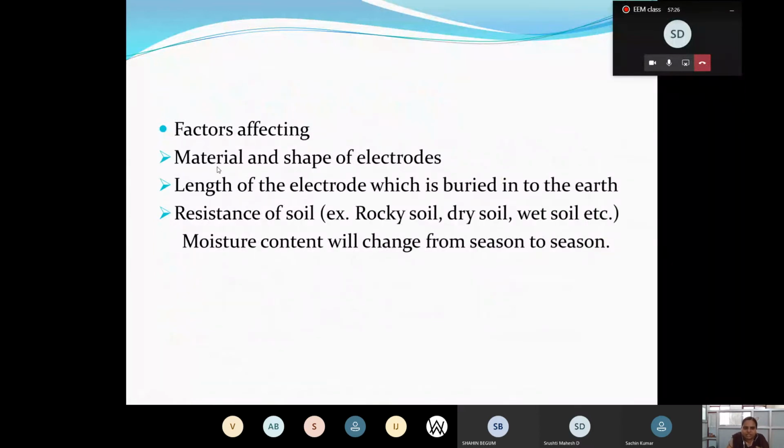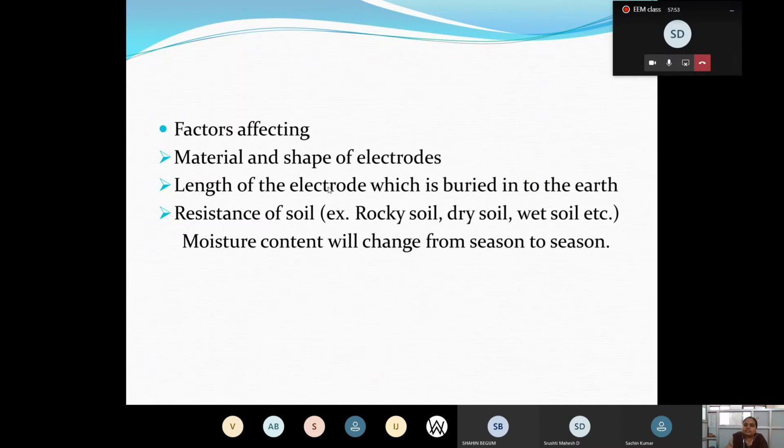First is material, from which material the electrodes are going to be made. Okay, and shape, different shapes will come. For college the earthing is different, and for homes the earthing is different. The shape is different. In a home, if you check, it's small. When you come to college, we already did an experiment, the earthing is somewhat big. Just observe and compare with those things.